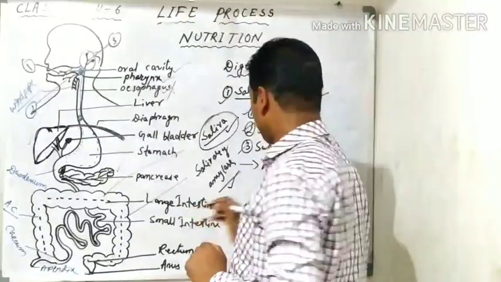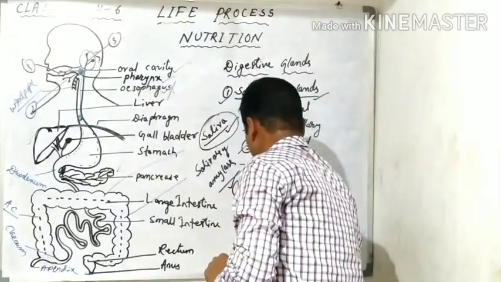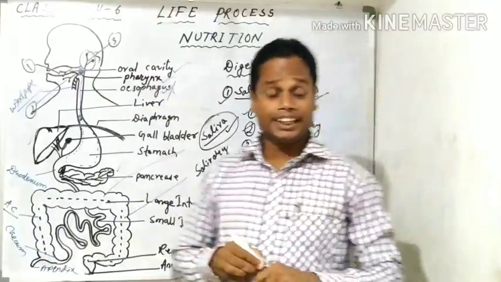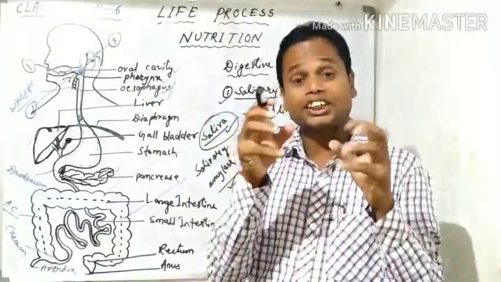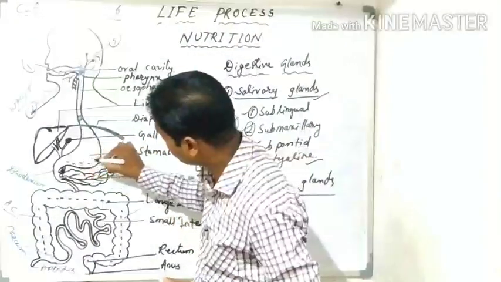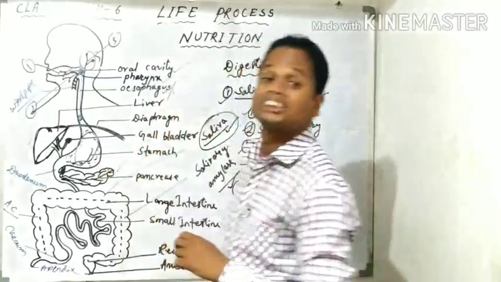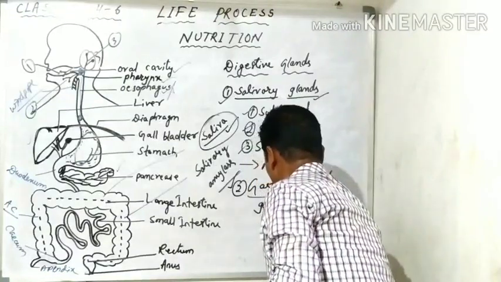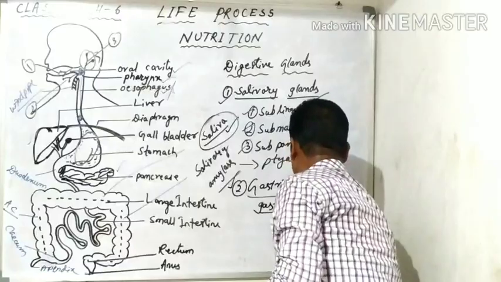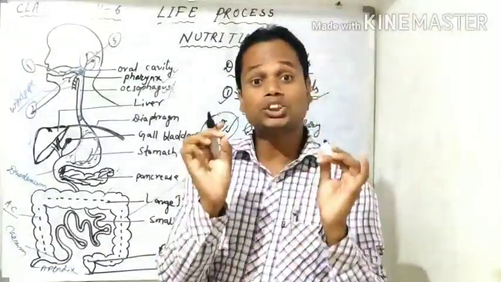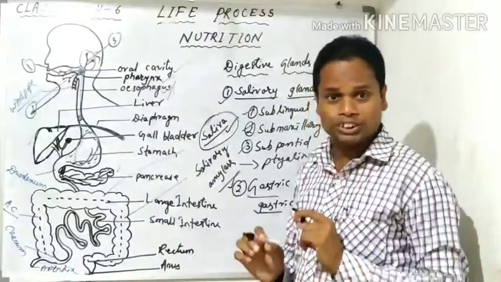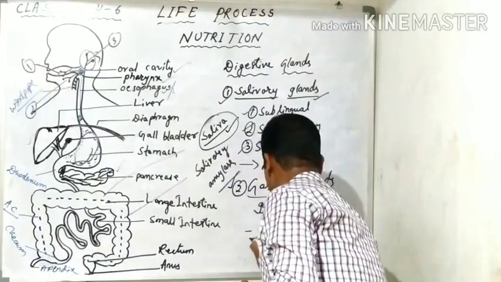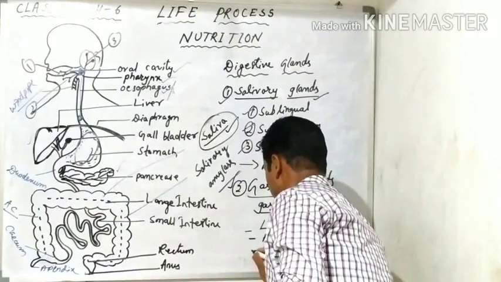The second type of digestive gland is the gastric glands. Gastric glands are the glands present inside the stomach. In the wall of the stomach, you will find the gastric glands. From the gastric glands, the gastric juice is produced, and the gastric juice contains lipase and HCl and renin